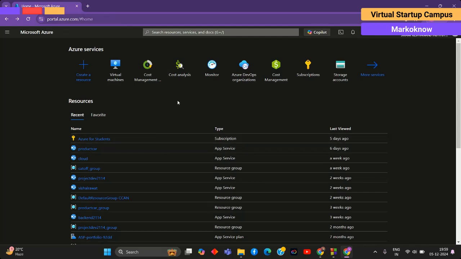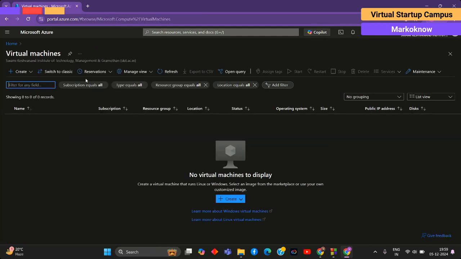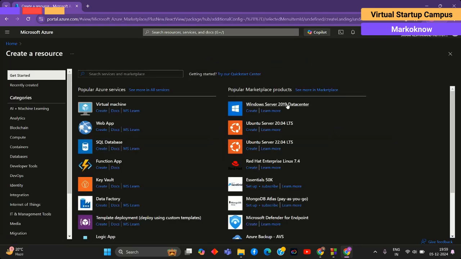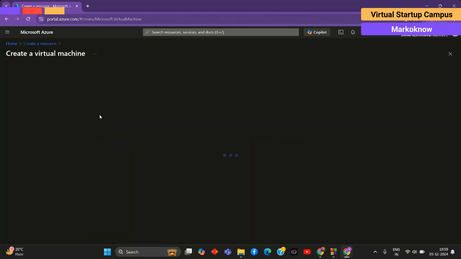Let's go ahead with creating the virtual machines, which we have already been seeing in the last videos. Okay, so you have started with creating the virtual machines. Just click on the create button,